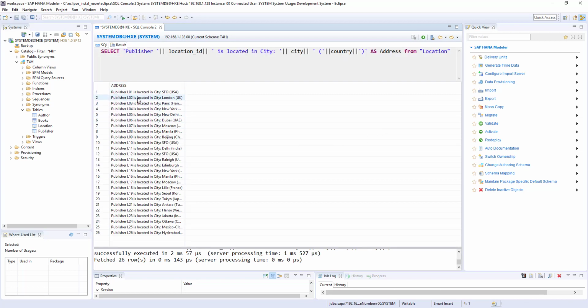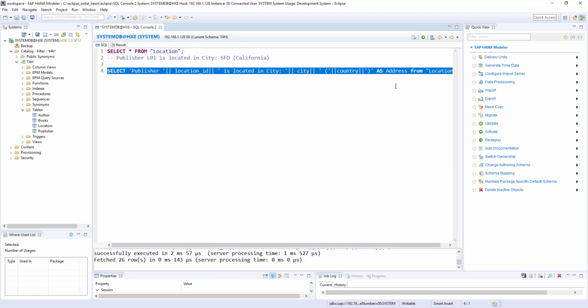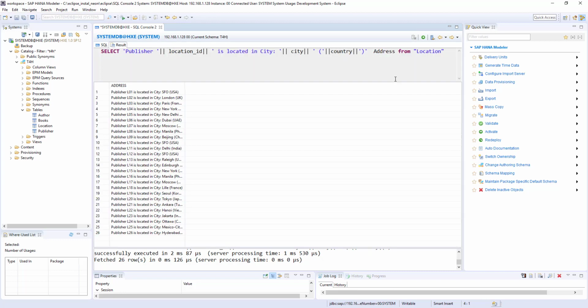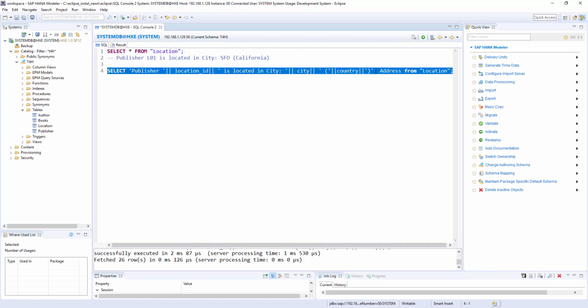So now I got address and the same data. So this is how my column header looks good. This as keyword is not mandatory, it's optional actually. If you run without as, it still gives the same result.